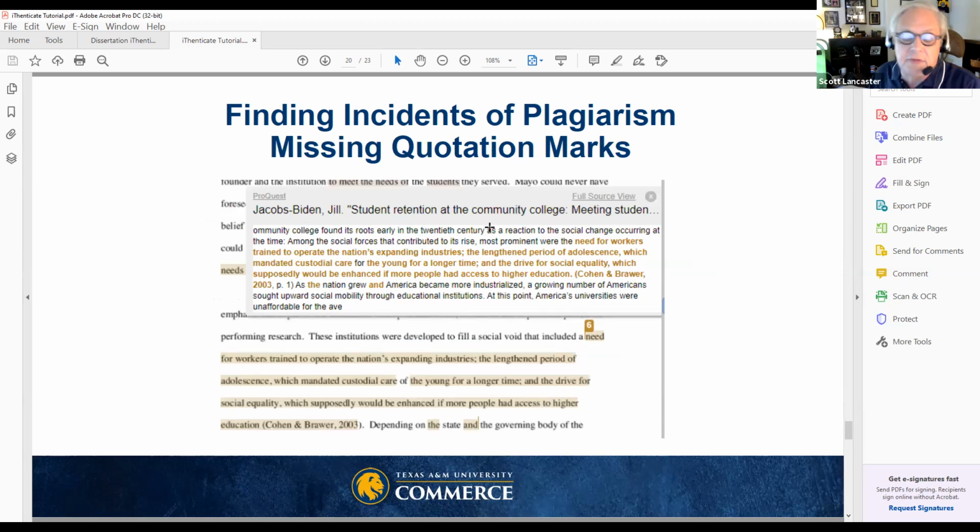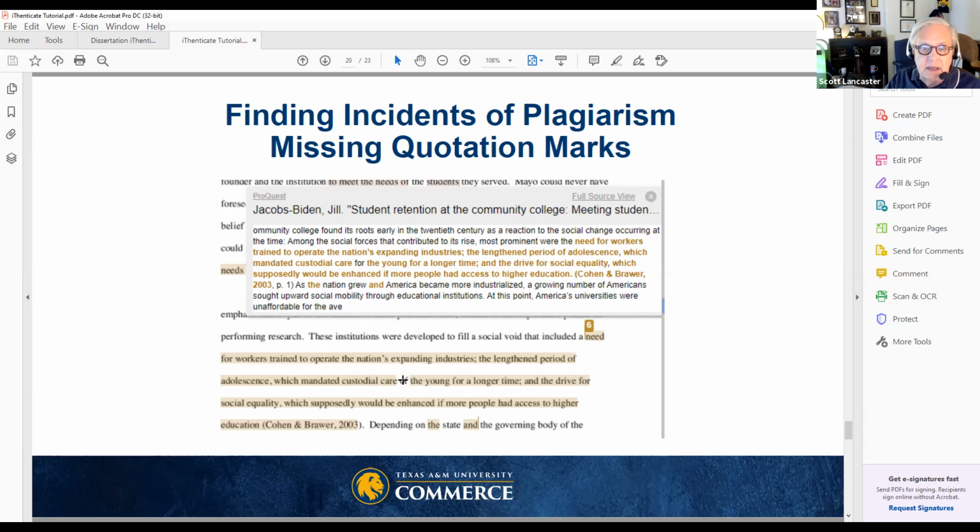You can also find incidents of plagiarism where the source has been cited. You can see here it's in parentheses, Cohen and Braw, but there are no quotation marks. So this is being represented by the writer as if it were a paraphrase, but you can tell it's almost a direct copy and paste of the original, with the exception that they took one word in the middle.